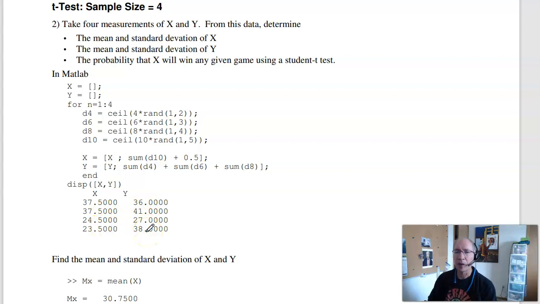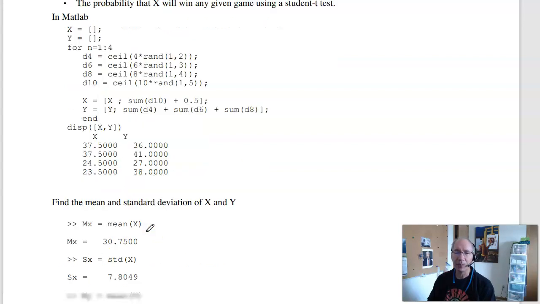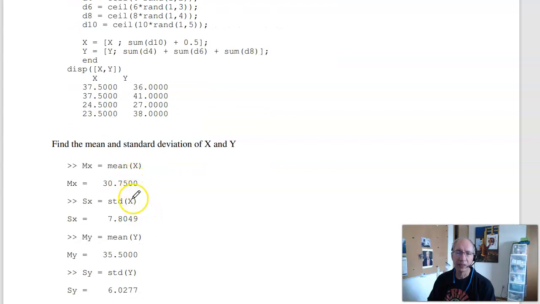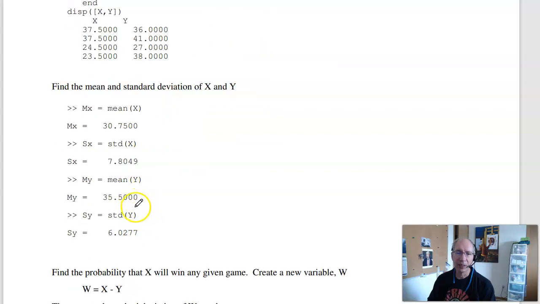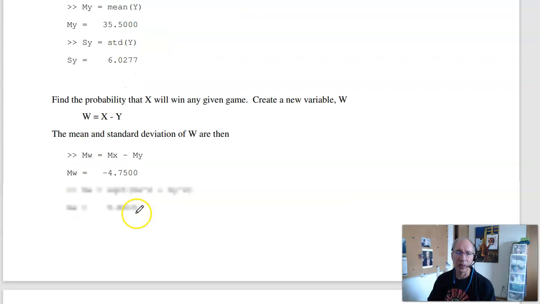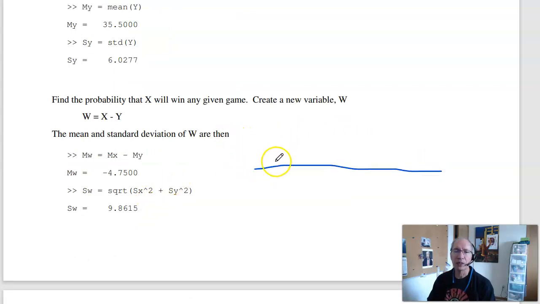To find the probability that X wins any given game, find the mean of X, standard deviation of X, mean of Y, standard deviation of Y. Now create a new variable, W. W is the difference between X and Y. W has a mean, that's just the difference between the two, so the mean is minus 4.75. On average, X loses. The standard deviation is the square root of the sum of the variances of X and Y, 9.86,